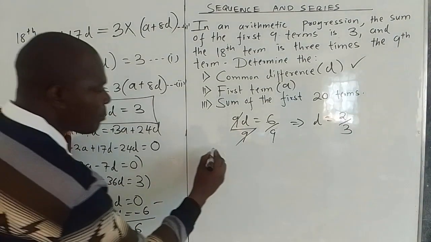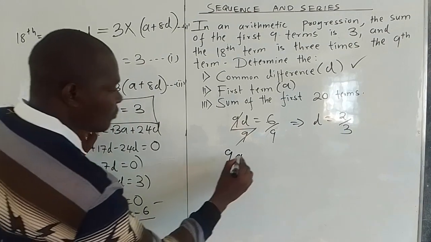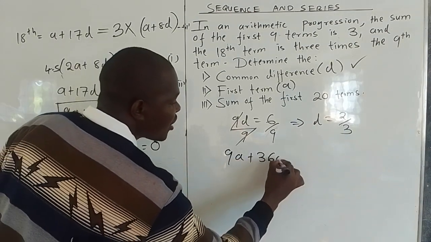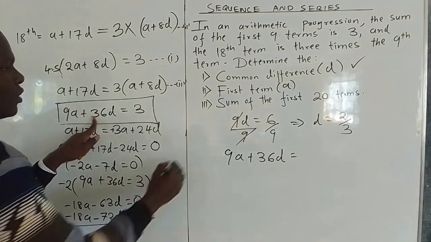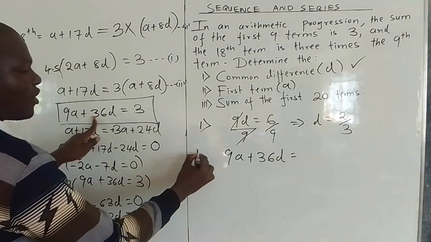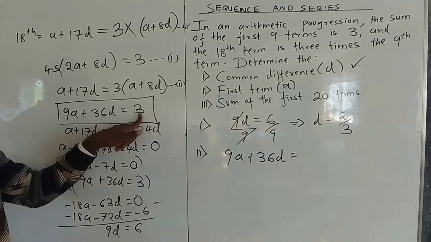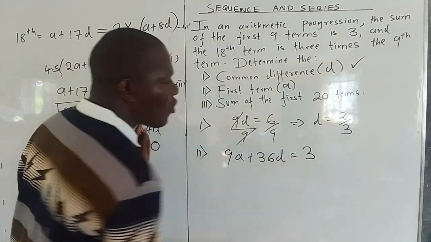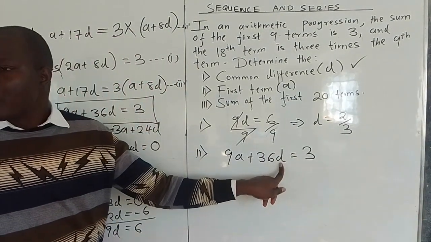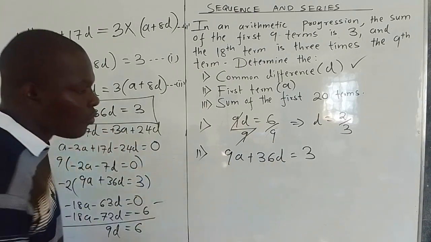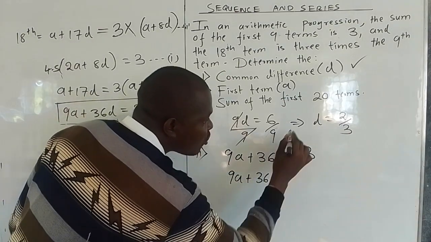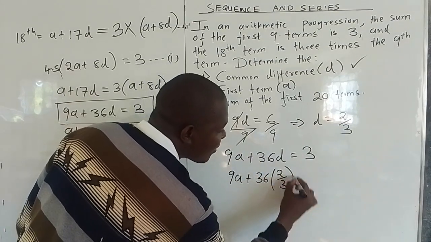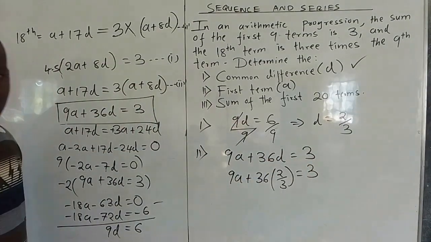So 9A plus 36D is equal to... so that one we are done with Roman 1, we are now in Roman 2. 9A plus 36D is equal to 3. So we are doing substitution. Where there is D, we put the value of D. So we will have 9A plus 36 times 2 over 3 is equal to